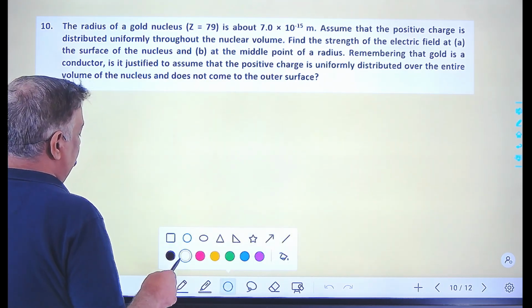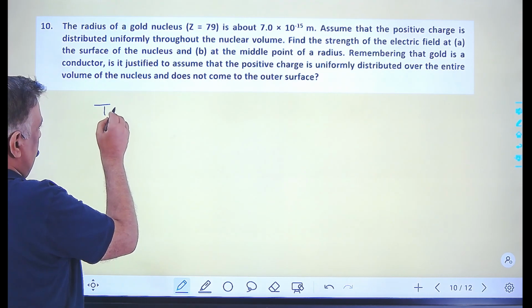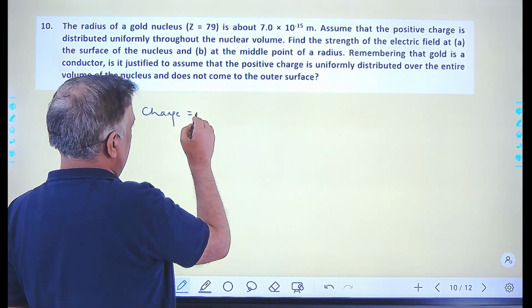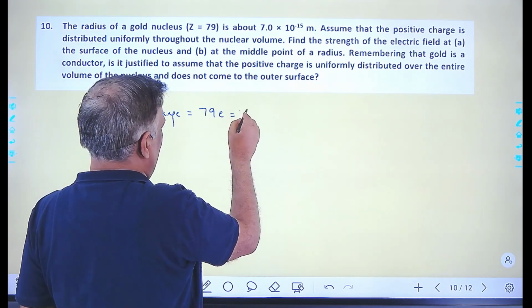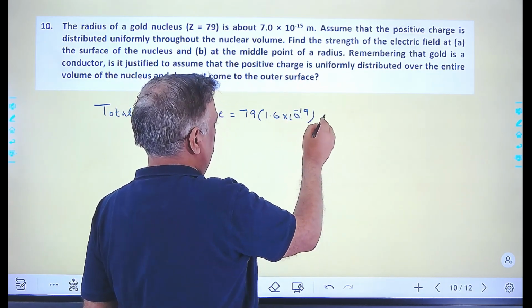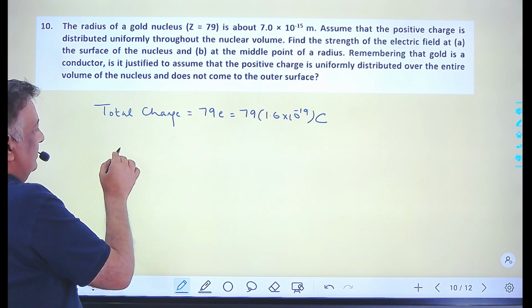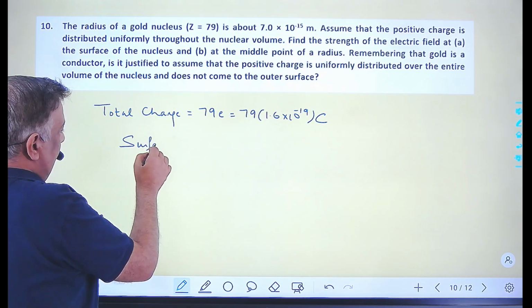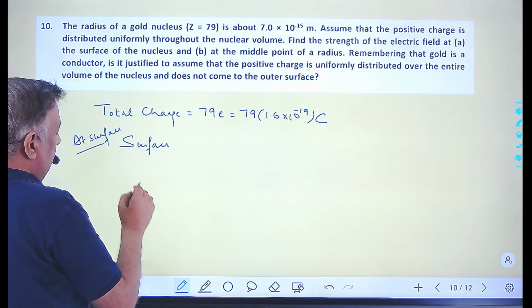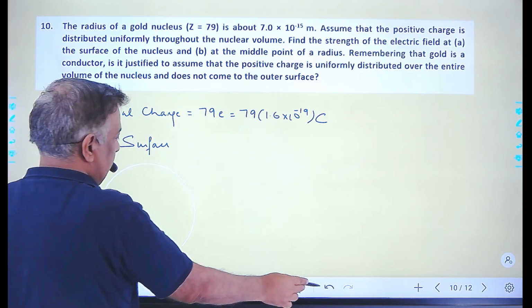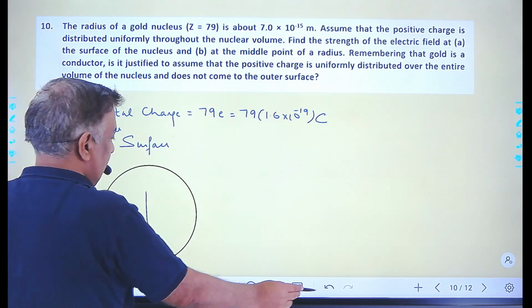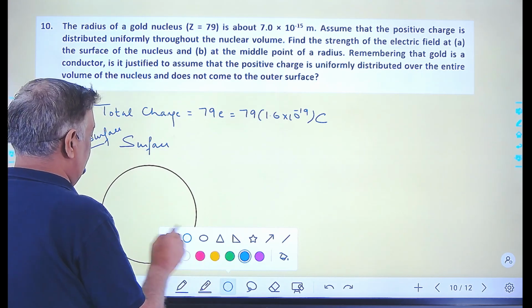Charge हमें पता है, total charge 79 e, 79 into 1.6 into 10 to the power minus 19 coulombs. सरफेस पे इलेक्ट्रिक फील्ड निकालना है, एट सरफेस। से अगर हम ऐसे लेते हैं, और एक इंटरनल पॉइंट पे निकालना, एक निकालना है आर्बिट्ररी।